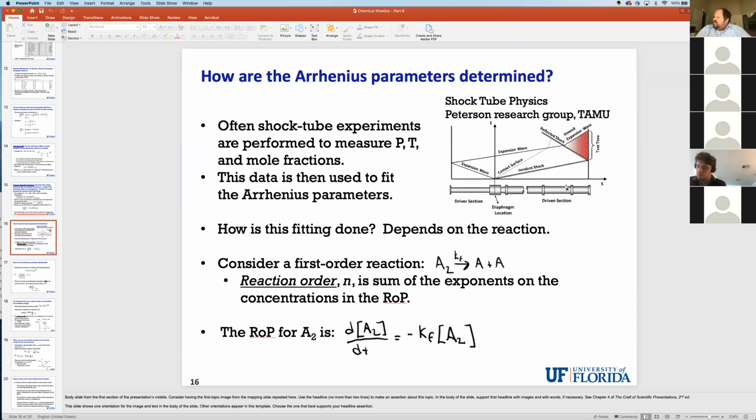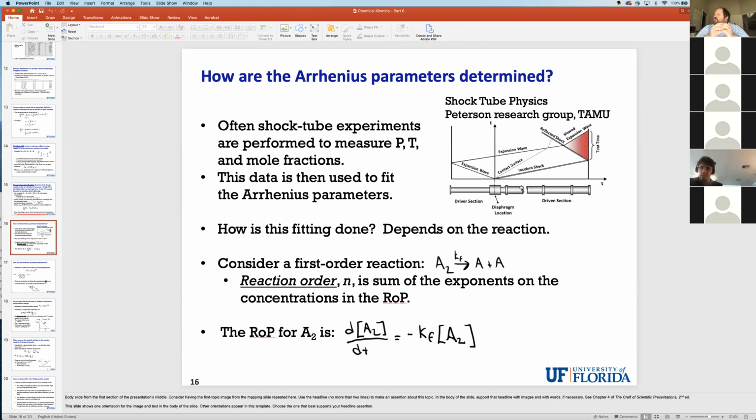So you have a test section here. You fill the test section with a gas of your choice. It's typically a gas that you would want to test a chemical reaction on. Like say if you want to test hydrogen plus hydroxyl, you would find a way to basically isolate that reaction. And then they want to study how fast those species react at a given pressure and temperature condition. So then what they'll do to create that pressure and temperature condition, they'll